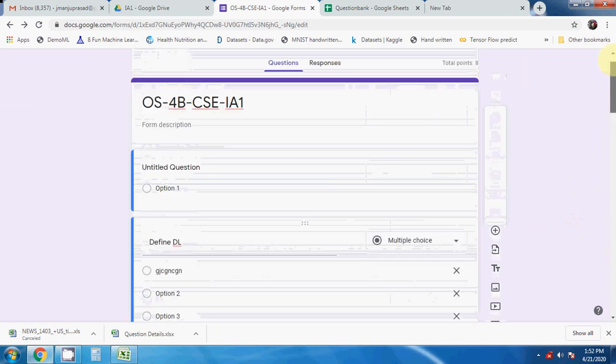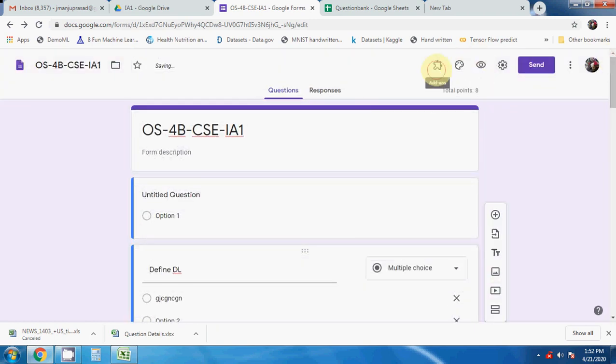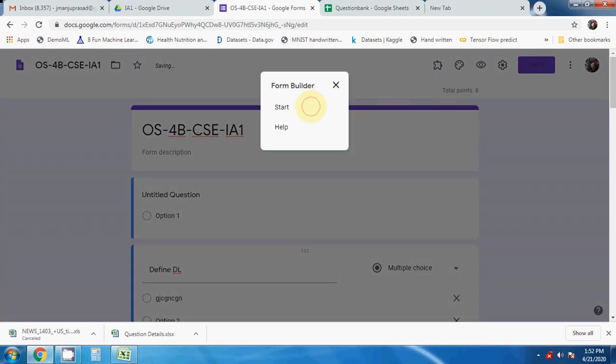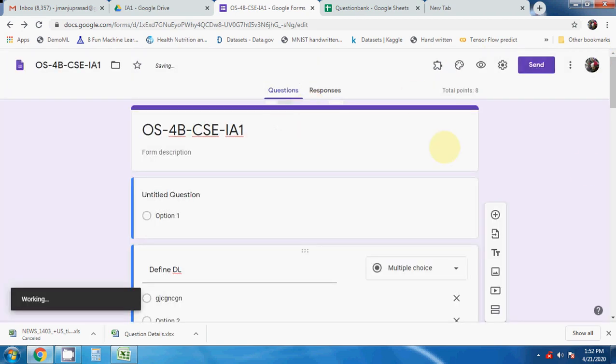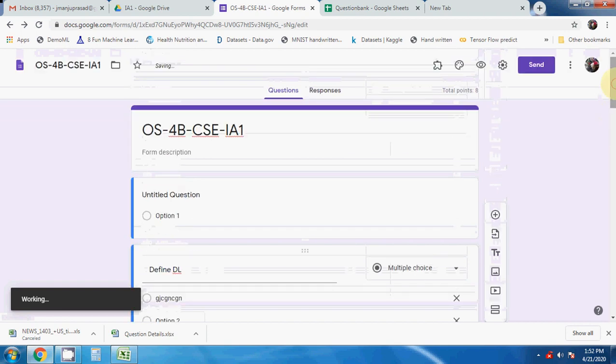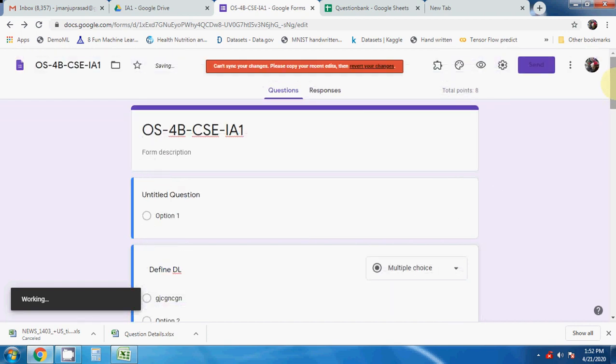So this is done. Now next, I will go again to form descriptor, add-ons, form builder, start. I will be starting again. The form builder will be loaded. I think I have slow internet.